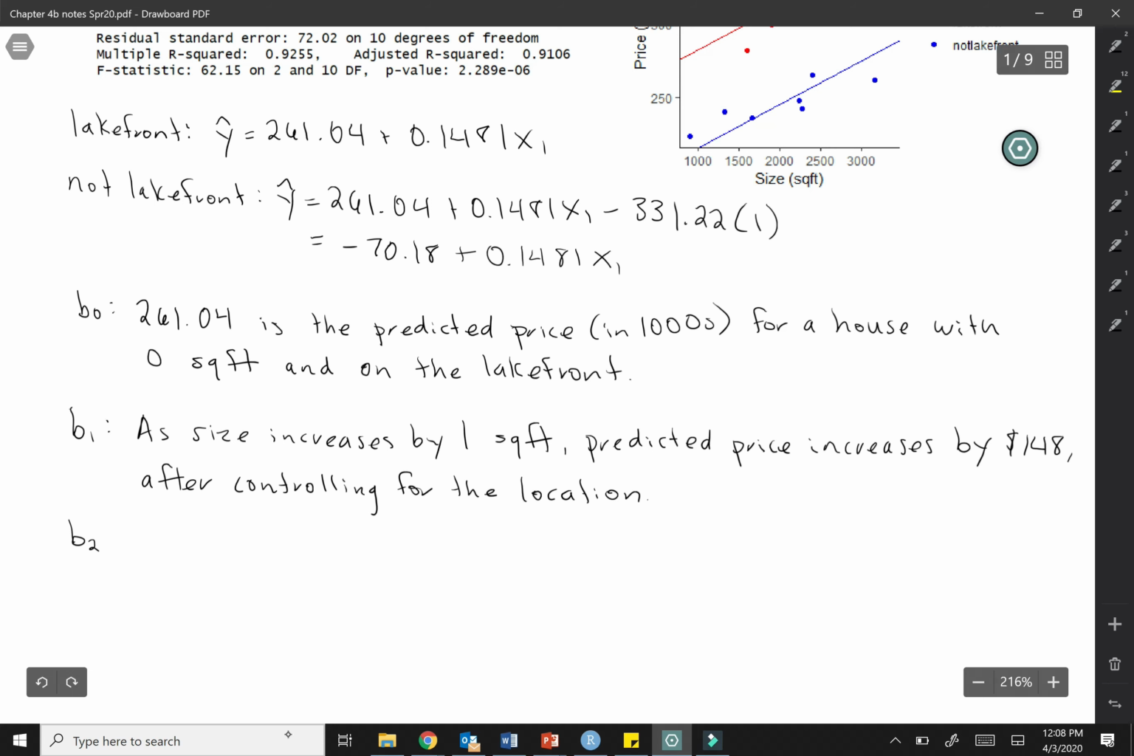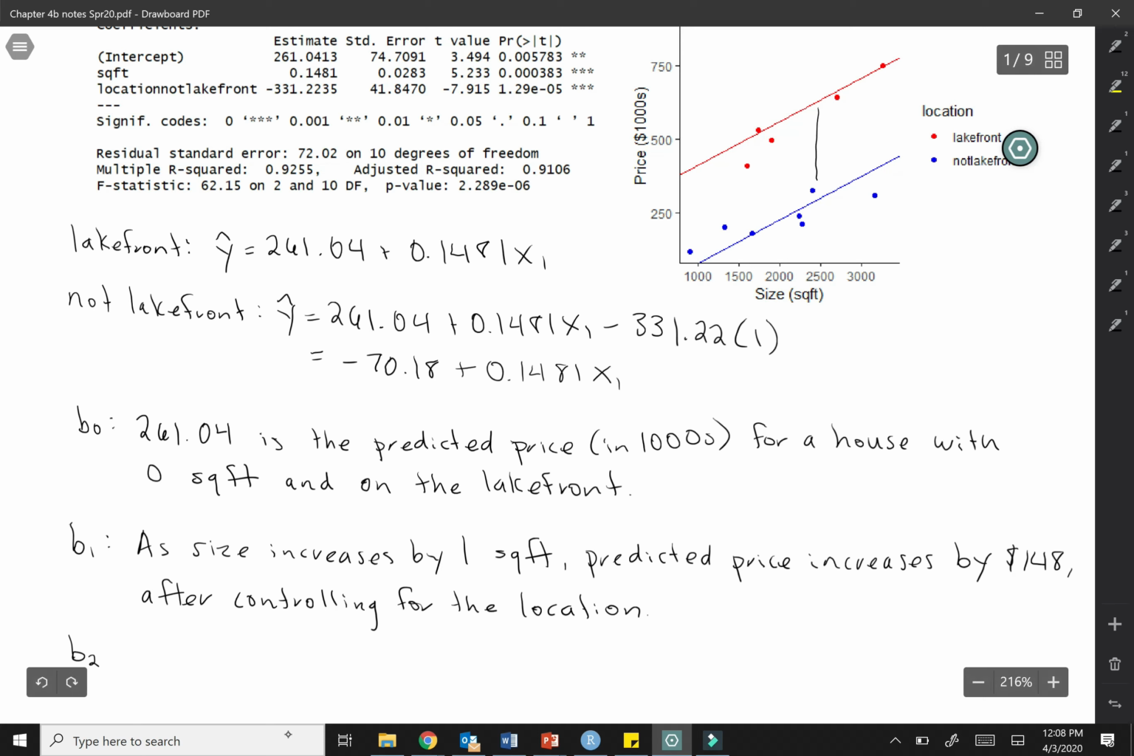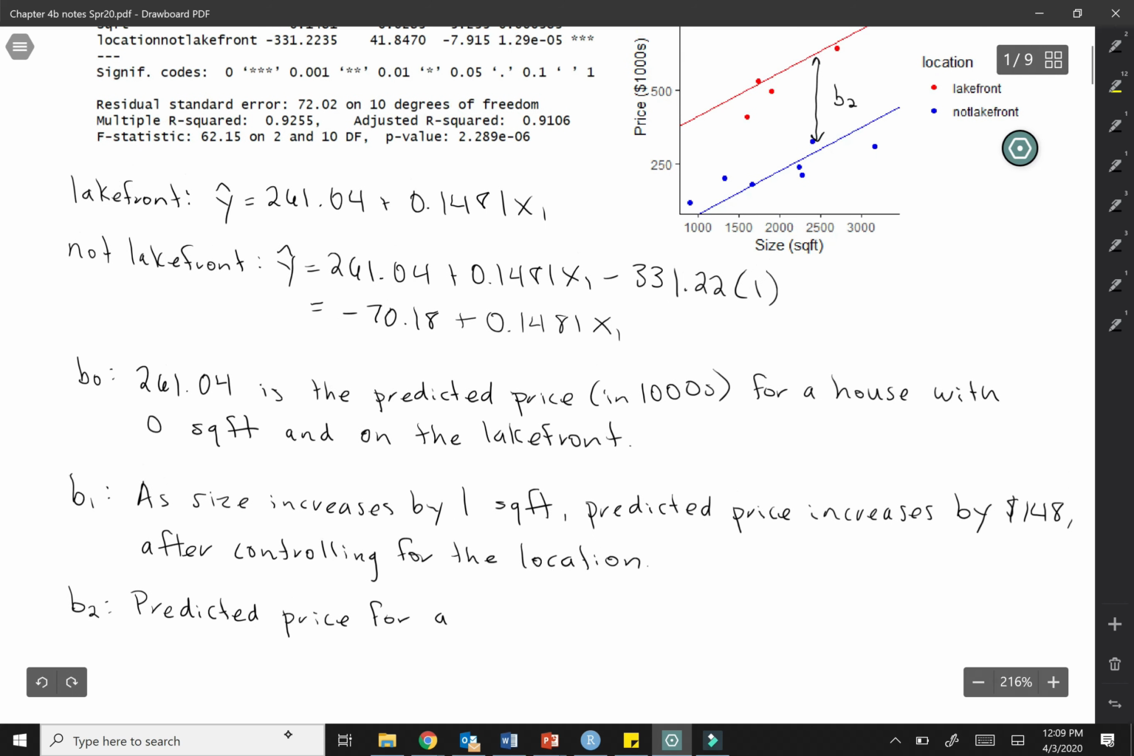Okay, and then what about B2? So this was that adjustment to the intercept, right? Going from 261 to negative 70. You can think about it if you look at the picture as B2 is telling you how much you've shifted down from the red line, which was your baseline, to the blue line, right? So it's basically telling you the distance between these parallel lines. So we would say the difference in the predicted prices, right? The predicted price for a house that is not on the lakefront